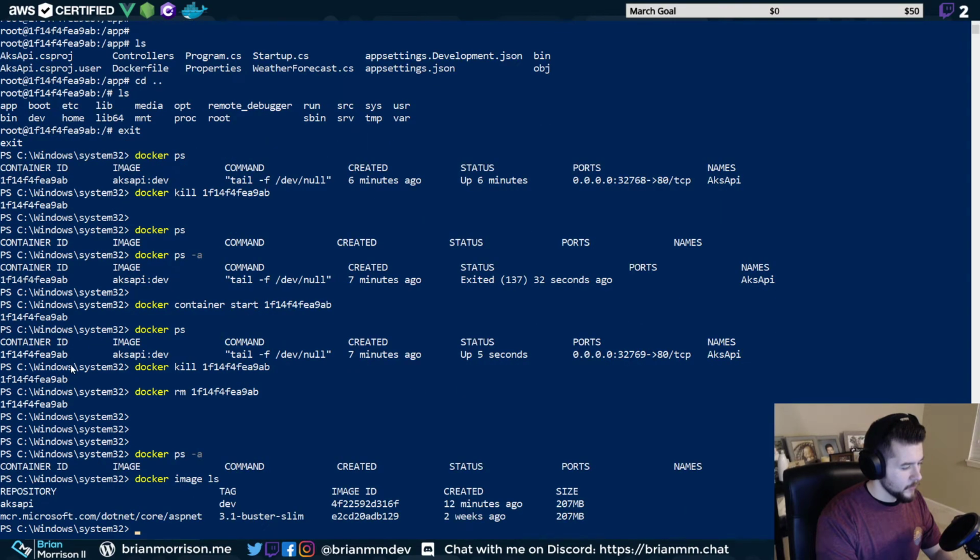Docker image ls, we can kill our image here too by docker image... Oh, I made a bad word. Docker. This is why the stream is technically rated mature, because I have no control over some of the things I might type, and I have no control over the music that I play. So,